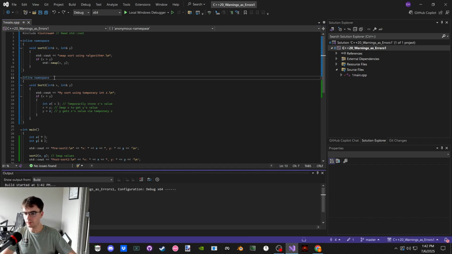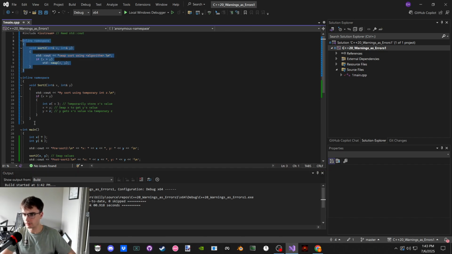If I make them both inline. Oh! Wait, no, never mind. This namespace ends. I thought that it was encompassing this one for a sec.